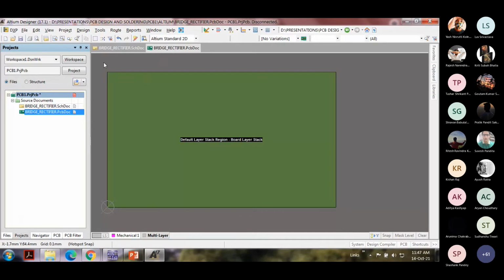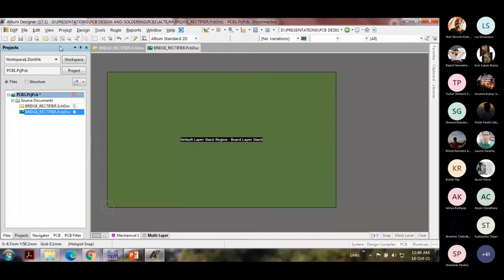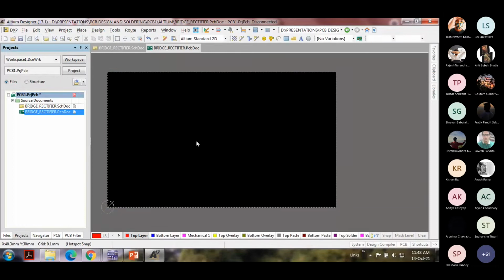Now what we will do is draw a boundary going into the 2D layout mode. Select the layer just by clicking over here. You can go through the layers and select the keep out layer. It is dark pink in color.